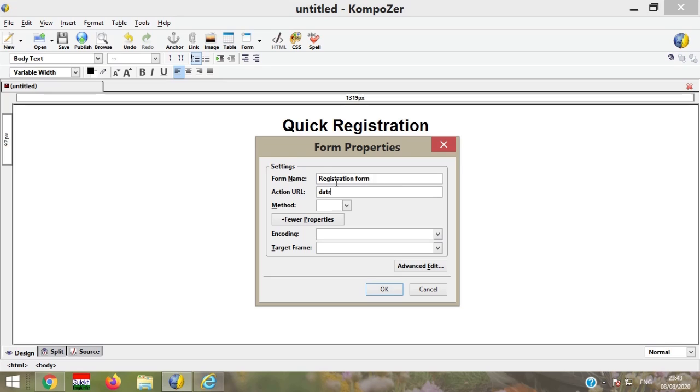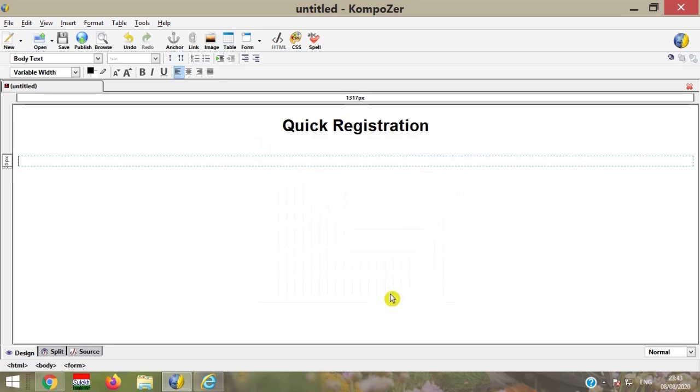In the action URL we use data.html, method get or post. You can write anything; get method, and press the OK button. Here on screen a blue dotted border line appears. Then press the enter key and increase the form area for that.